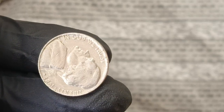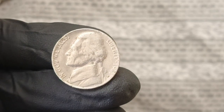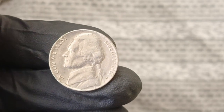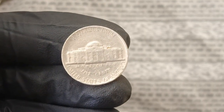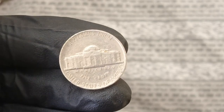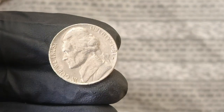services like PCGS and NGC continue to evaluate submissions with greater technological precision, more of these hidden gems are being uncovered and authenticated, and in the fiercely competitive world of high-value coin collecting, provenance is king, meaning that a well-documented discovery of a new error-laden 1981 P